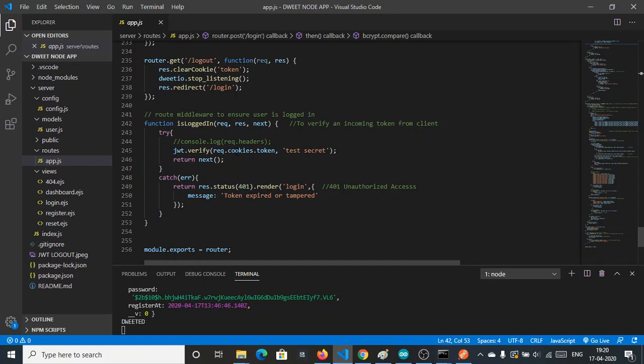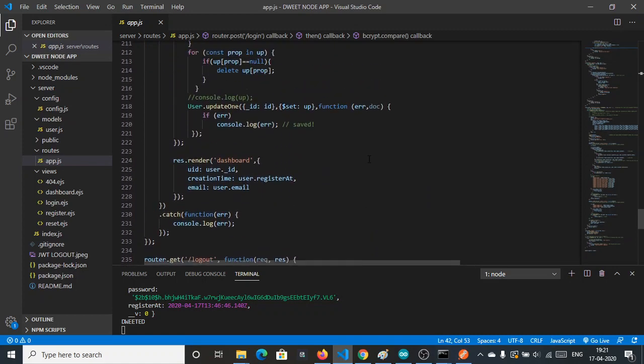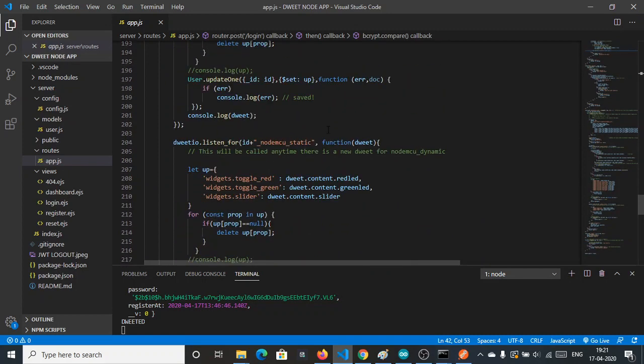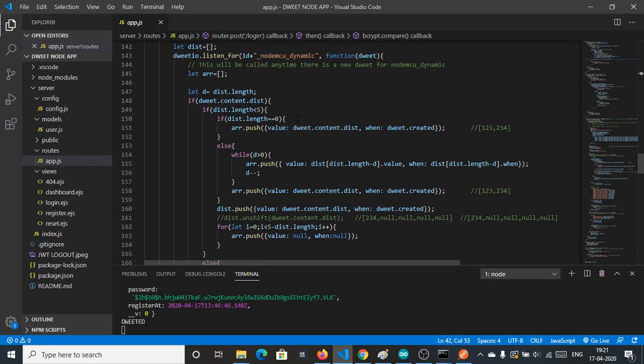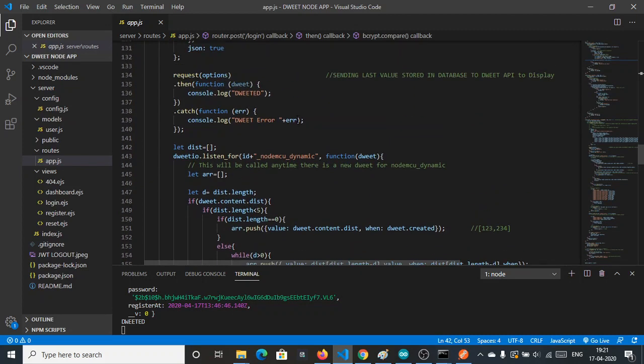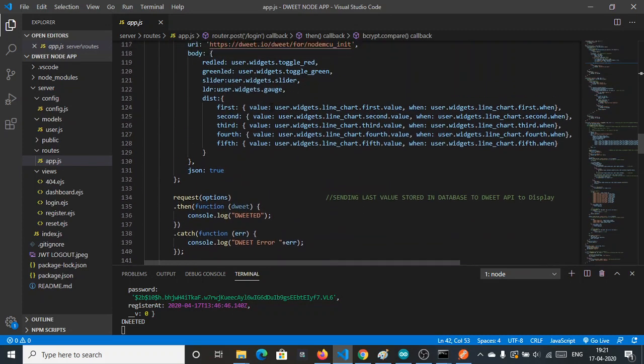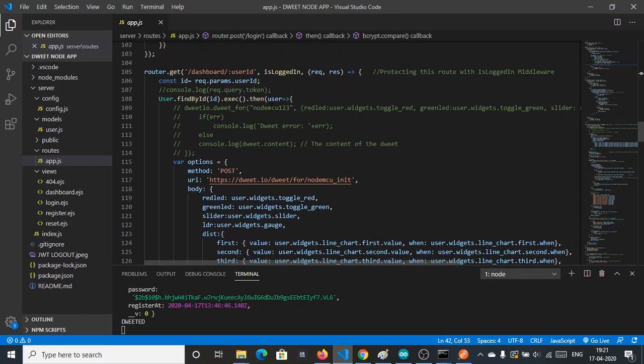We will compare it using JWT verify. If it is the same user, then we will authorize the user to access the dashboard. That's simple, not very complicated. If you have knowledge of authorization and authentication in Node.js with JWT or Passport.js as well, you can understand it very easily.